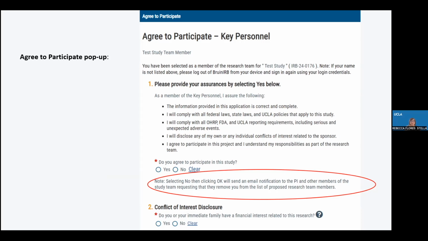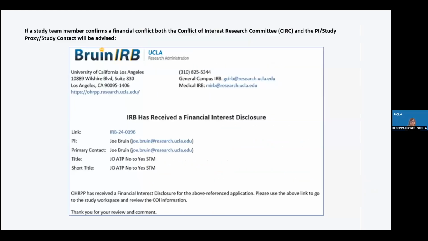And until they're removed, the PI won't be able to submit that study. Related to the conflict of interest disclosure, if the PI or any other study team member discloses a financial interest, an automatic notice will be generated for CERC, and the PI and study team will be advised.